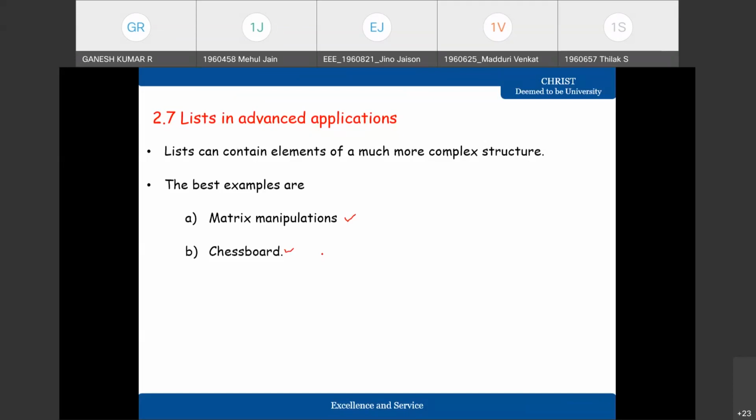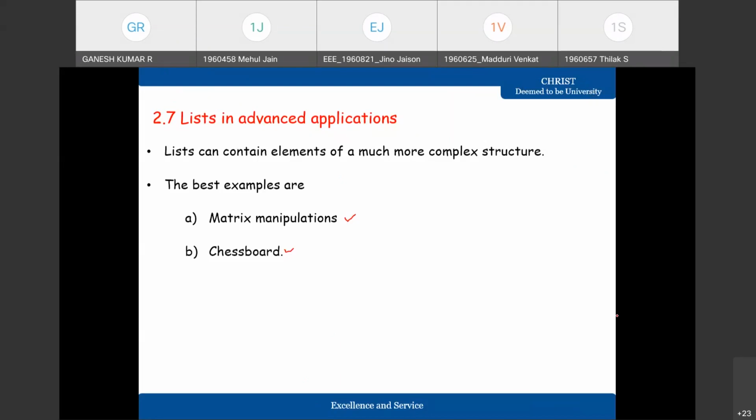So can you define what matrix means? A simple definition of a matrix. Can you please respond with the answer in the chat window? It need not be a direct or exact definition. In simple words, in a line, can you define what matrix means? Give the definition of a simple matrix.